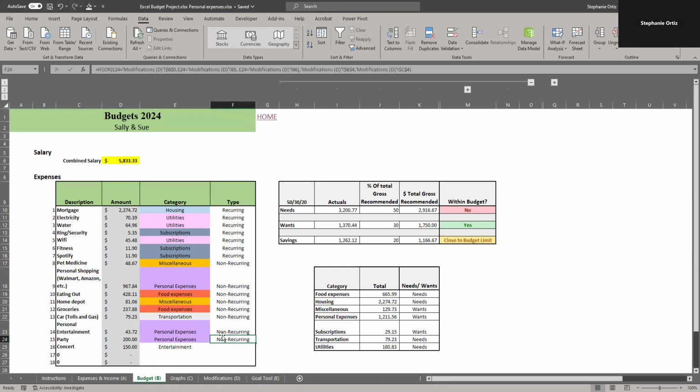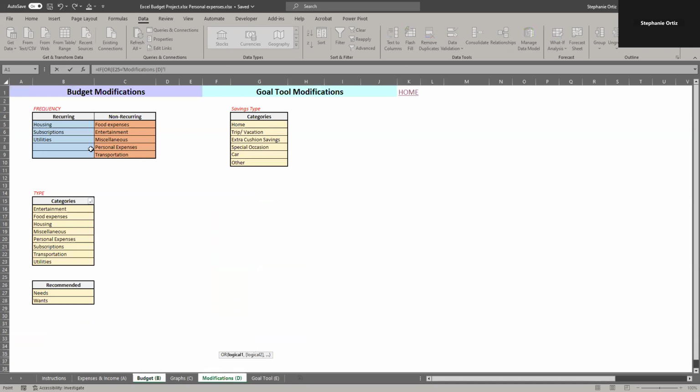So I'm using an IF OR formula. So it's a formula within a formula, but the OR function will allow you to select multiple things to modify it by. So if I select this, I want to know if cell E25 is equal to, and go to modifications. I've already separated out, but I want to know if it's recurring or non-recurring. So if E25 is equal to housing, comma,